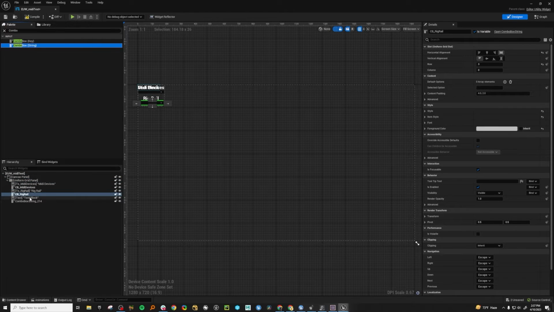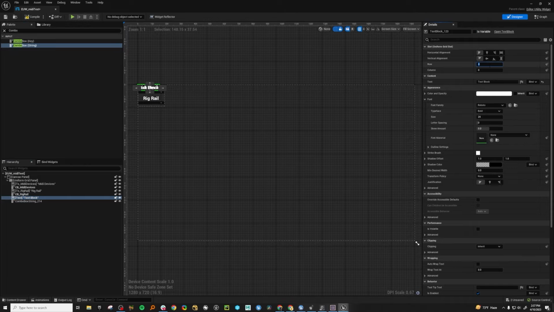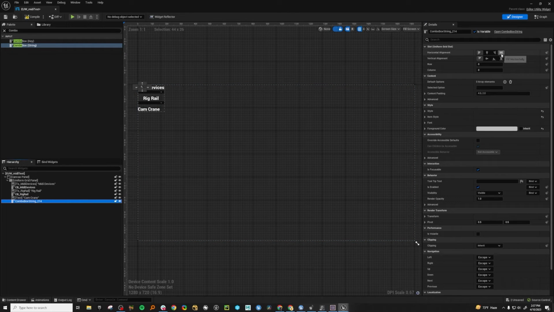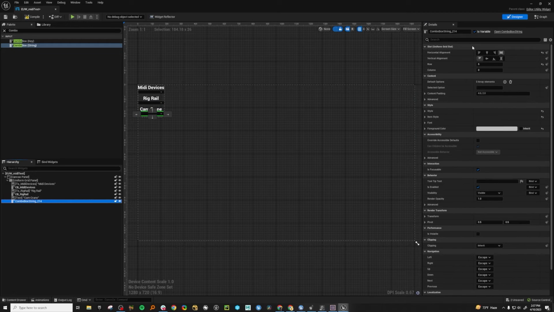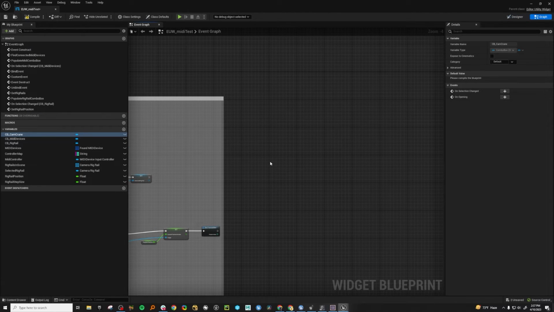And where are we? We're going to put this to 4. Let's say cam crane. Put this to 5. Let's start this text. There we go. CB cam. Okay. All right. Now we have to find all the camera cranes, and we've got to populate the combo box,